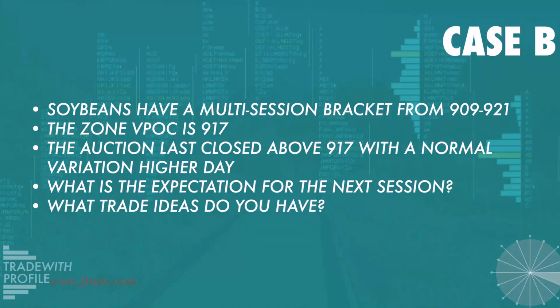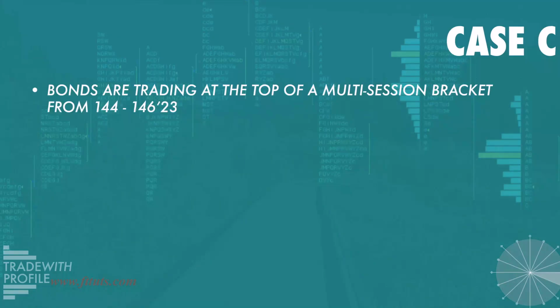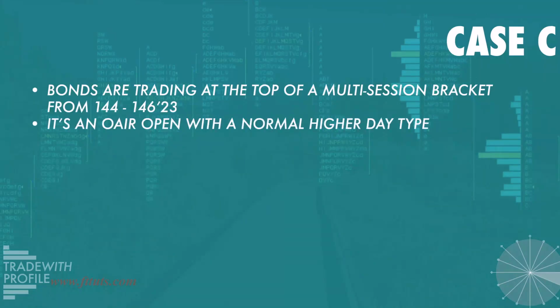And it could be, if the tempo's there, a break from balance, and I could be looking to trade outside that range. And by the way, if it's 909 to 921, so I've got about 12 cents of range there, then from that 917, that could get me up to about 929 in terms of a breakout that I'd be looking for as a target. In this case, bonds are trading at the top of a multi-session bracket